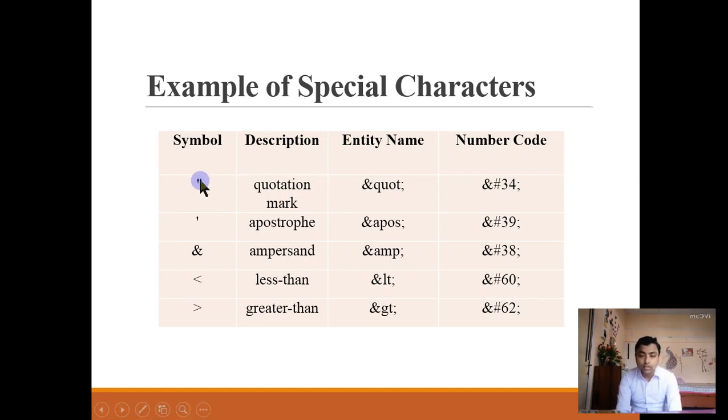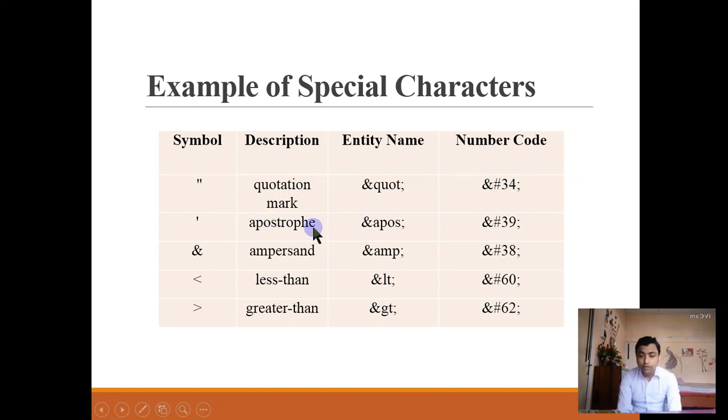So here you can see the symbol is quotation mark, the entity name is ampersand quot, and the number code is ampersand hashtag 34, and you have to give the semicolon.